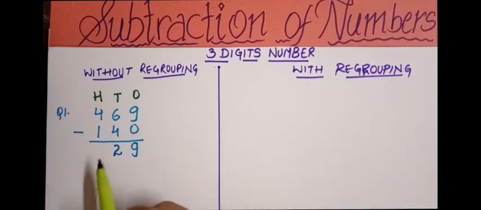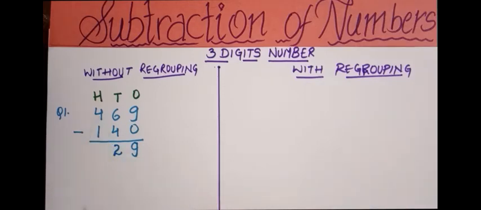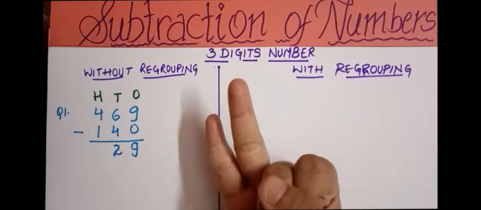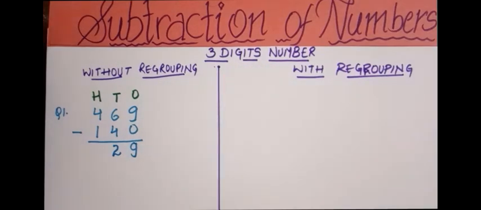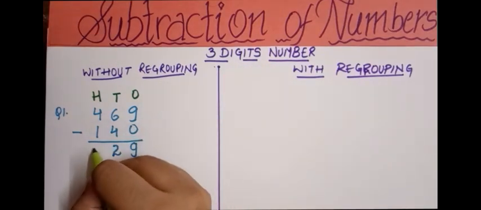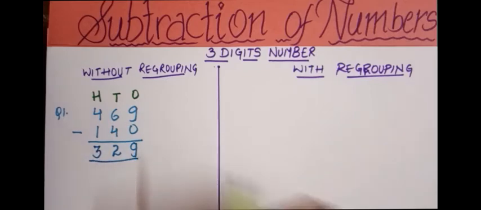After this, here it is 1. So we have to subtract 1 from this 4. Again we'll count forward: 2, 3, 4. So we have 3 fingers open. So we'll be writing 3 in the hundreds column. Like we have done this one, similarly we can do the second one also, that is the second example.